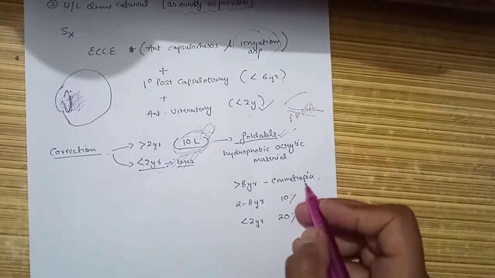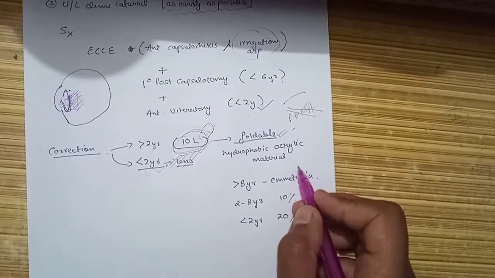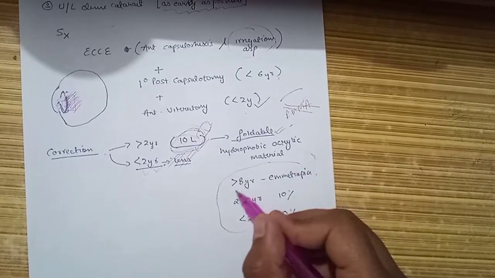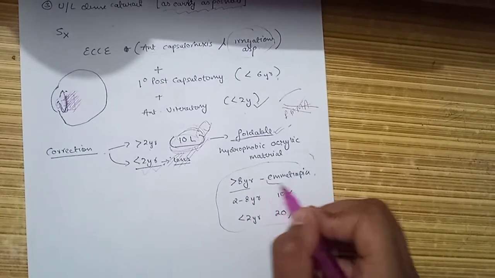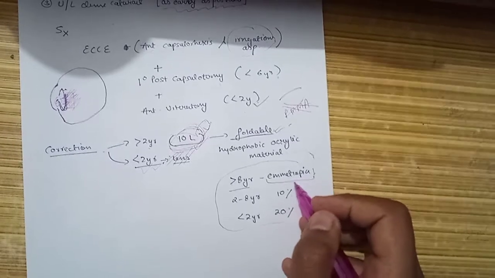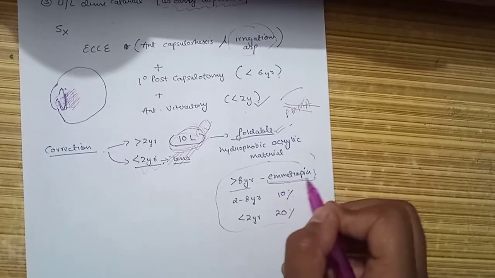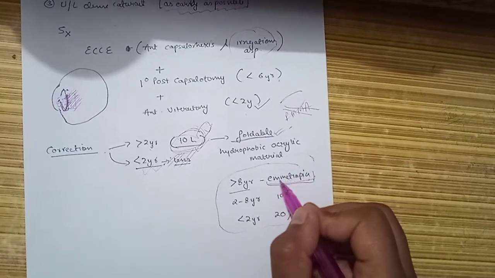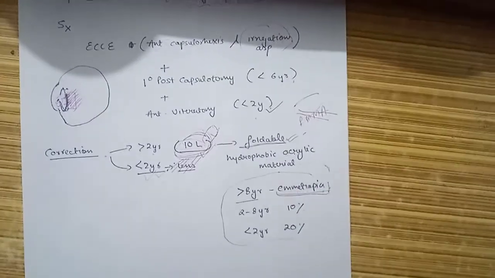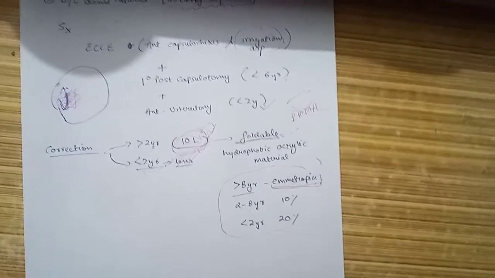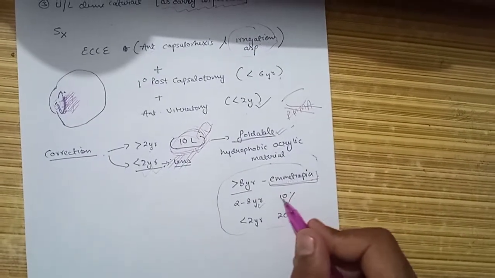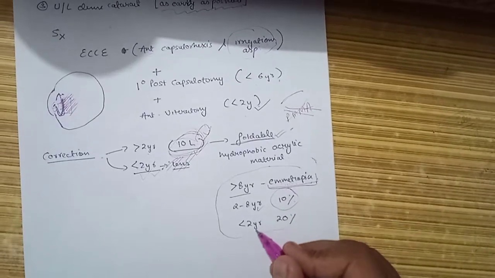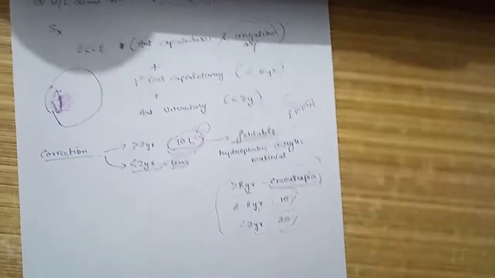Now when we insert the lens, how do we decide the power of that lens inserted? So if the patient is of more than 8 years, we target emmetropia, means exact vision, because now the growth of the eyeball will not be that significant to change the power of the eye. But when the patient is between 2 to 8 years of age, we target 10% of undercorrection because the eye is going to grow more. In less than 2 years, we target 20% of undercorrection.